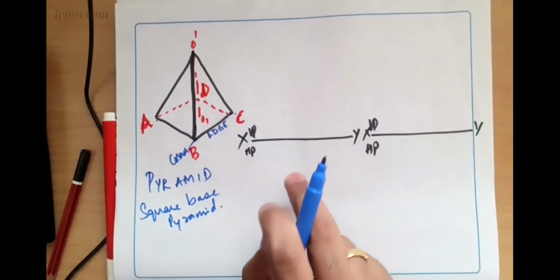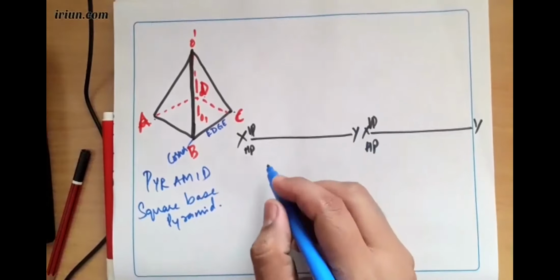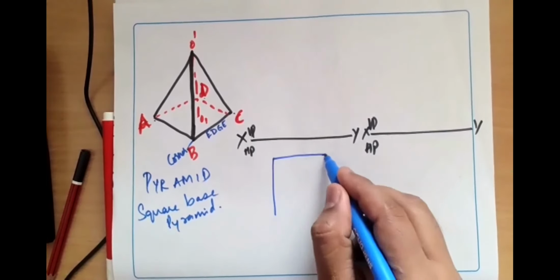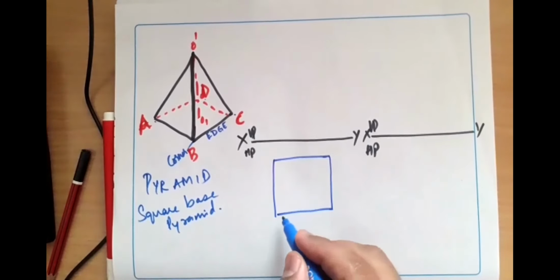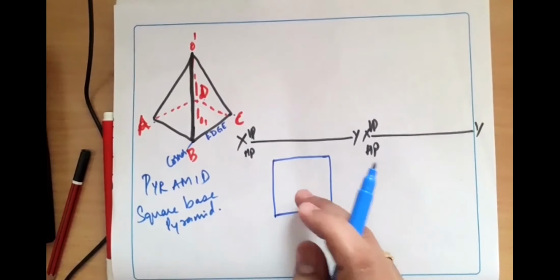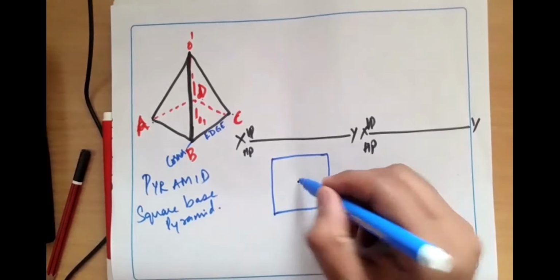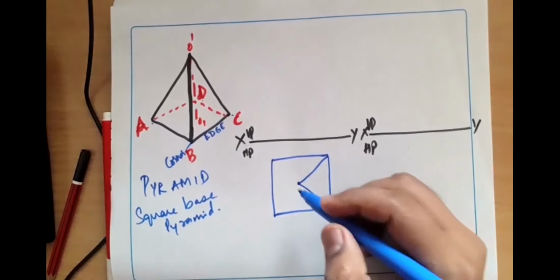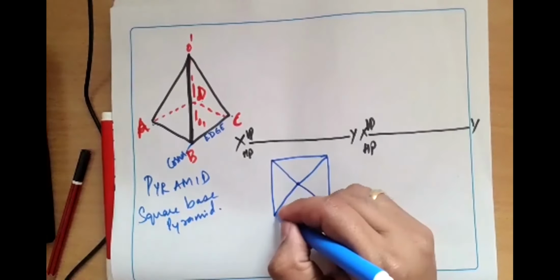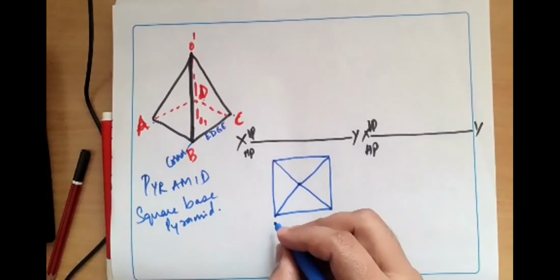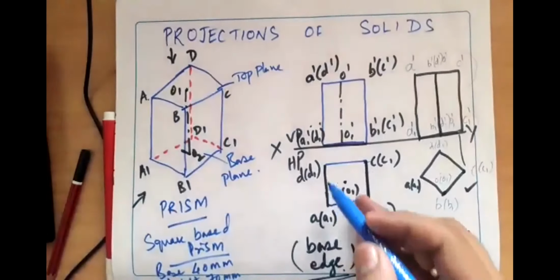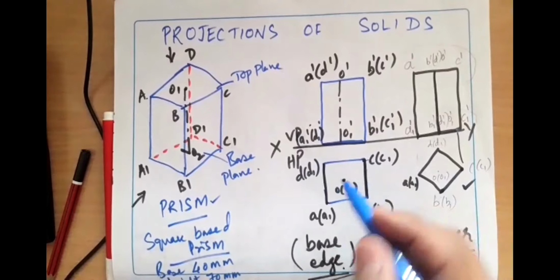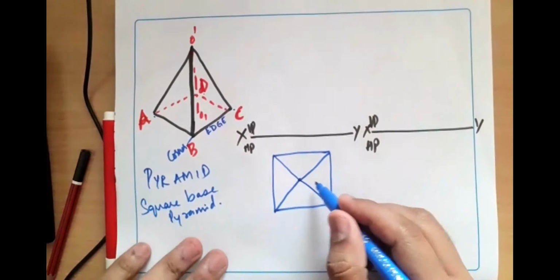How you name it here, the position will be continued as it is. When I see this object from top, I'll get a square. Very importantly, I'll get a square. And very important, this is a pyramid. The slant edges joining from the apex are dark: this slant edge is dark, this slant edge is dark, this slant edge is dark, and this slant edge is also dark. And naming is very, very important. Understand here, in the prism there are no slant edges. But in the pyramid, the slant edges are made dark.